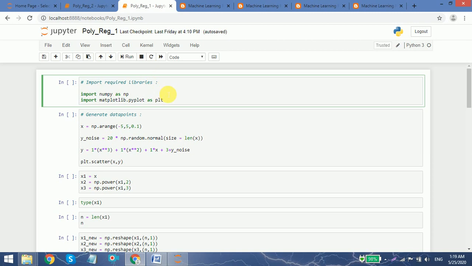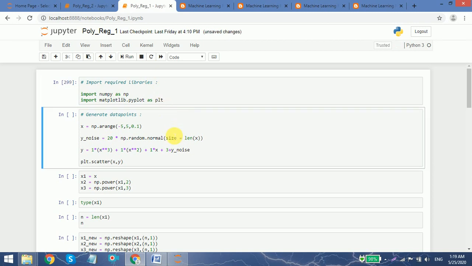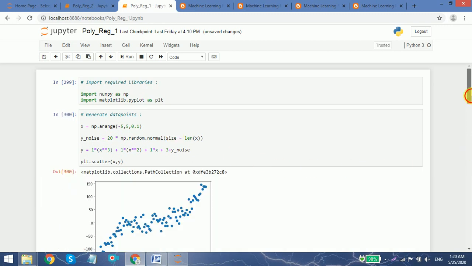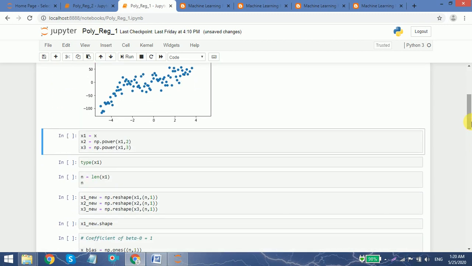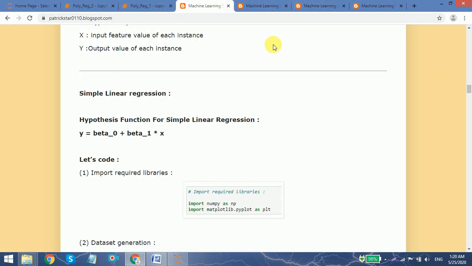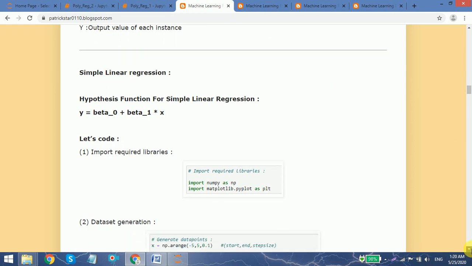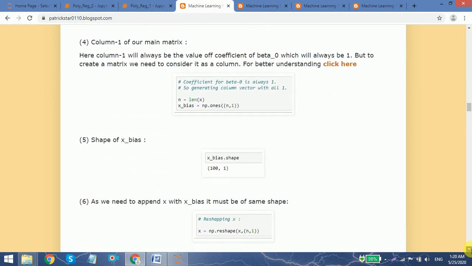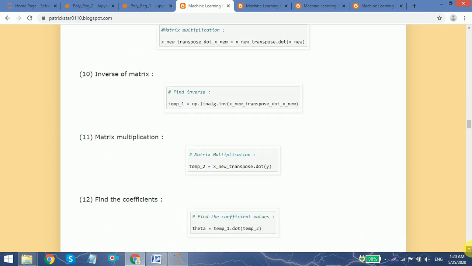First of all, I'm going to import some libraries and generate the data. That was the same procedure as we did in our first section. As you can see here, it traces our data. Now what we want is our function. Just let me get back here for a second. We have done all of this, and now we are going to,